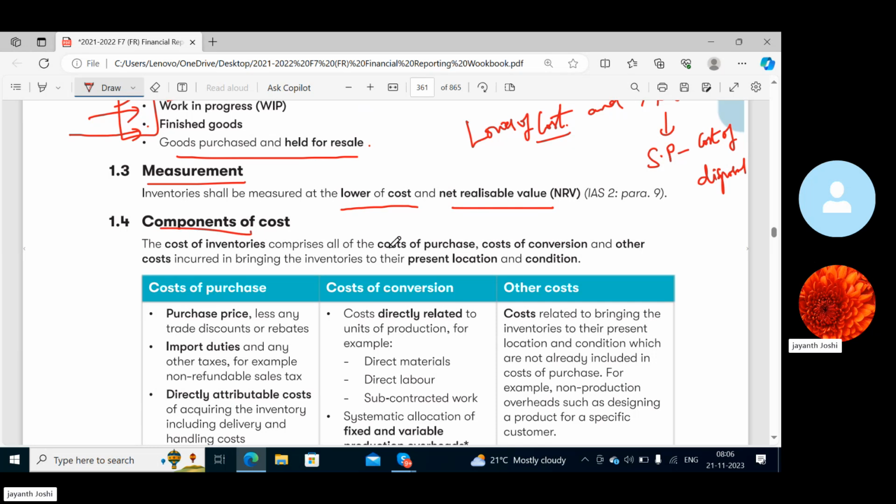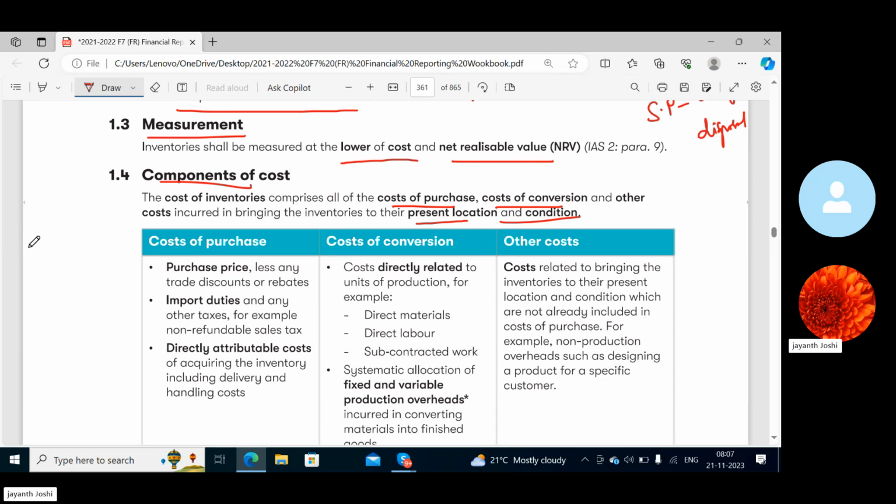Cost of inventory comprises all cost of purchase, cost of conversion, converting the raw material into finished goods, and another cost incurred in bringing the inventories to their present location and condition, that is freight charges. So this is the inventory cost. First, purchase cost, add conversion cost, then add all the expenses which are directly related to inventory, that is bringing the inventory from one place to our go down. I will say as freight charges,